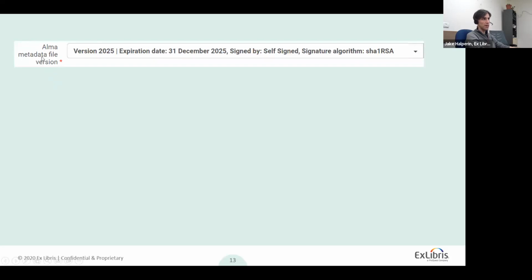So where it says Alma metadata file version is what we'll need to update. Now, if you're here, what you probably see is the signed certificate that's about to expire on April 7th. As a side note, the next signed certificate that's available is, I think, good until January 2024. But it's important to say that